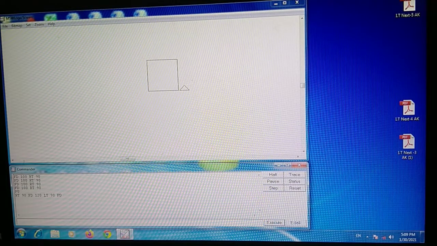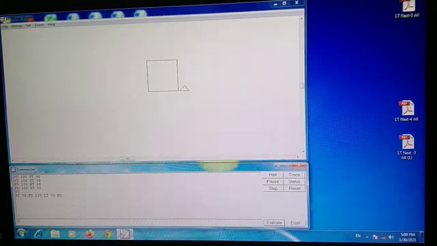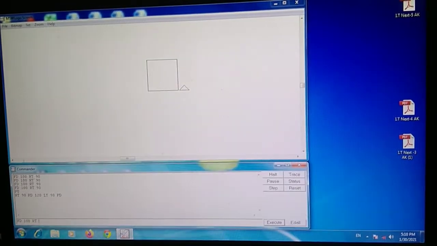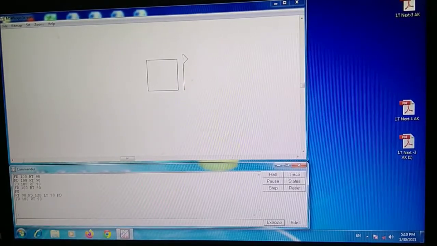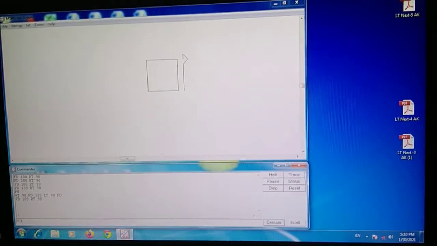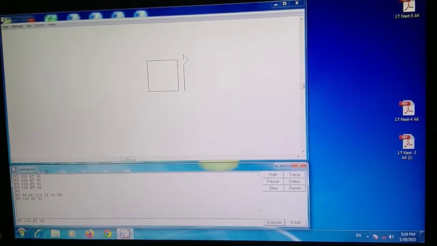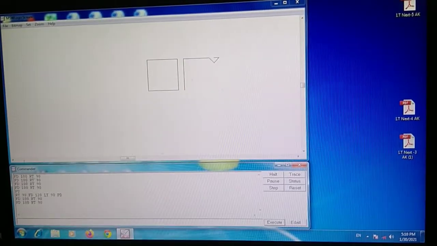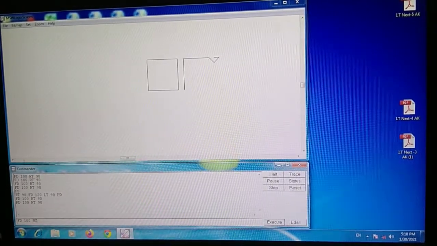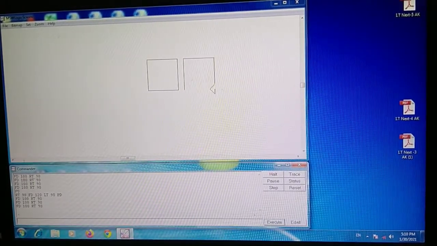Now you can draw another square. How? FD 100 RT 90, right? Again FD 100 RT 90. Enter. Then FD 100 and RT 90.